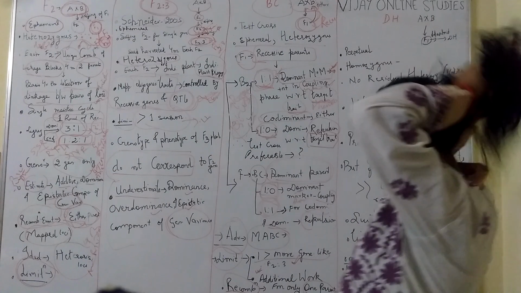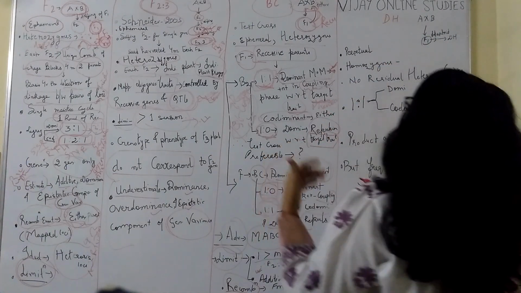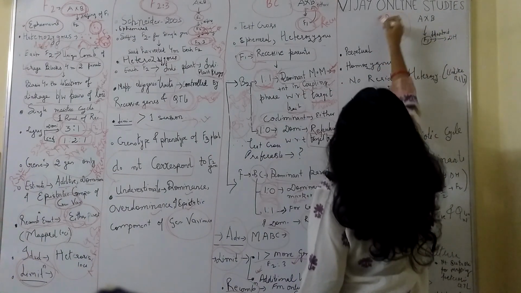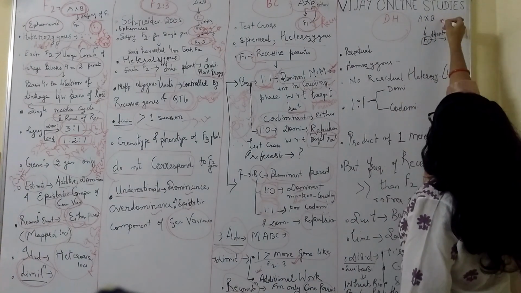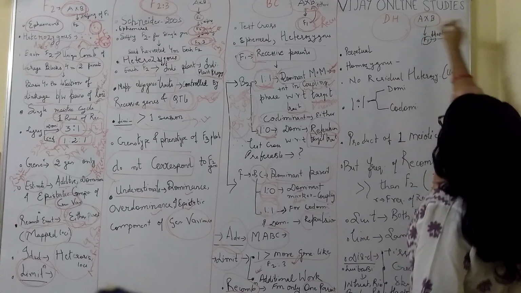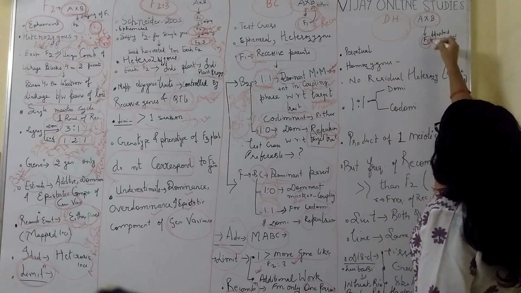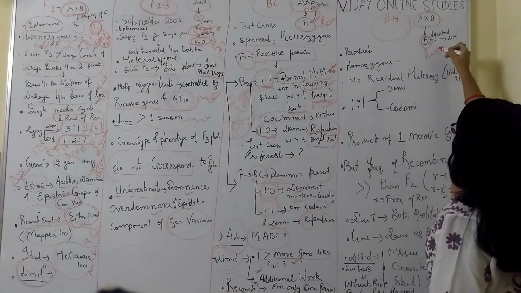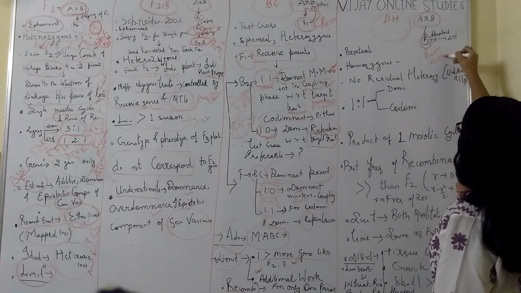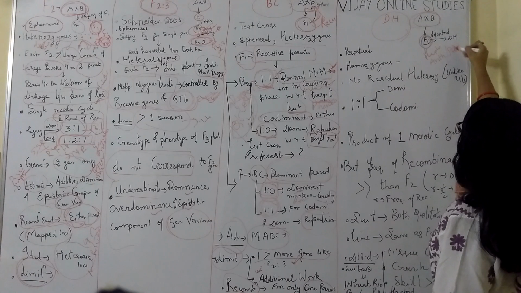तो ये हो गया. Now next is double haploid. Double haploid, how do you get it? You are crossing parents, your selected parent A cross B, you are getting F1. अब इस F1 को आप हैप्लॉइड प्रोड्यूस करोगे. कैसे प्रोड्यूस करोगे? इस F1 के एंथर या पॉलन का आपने कल्चरिंग किया.